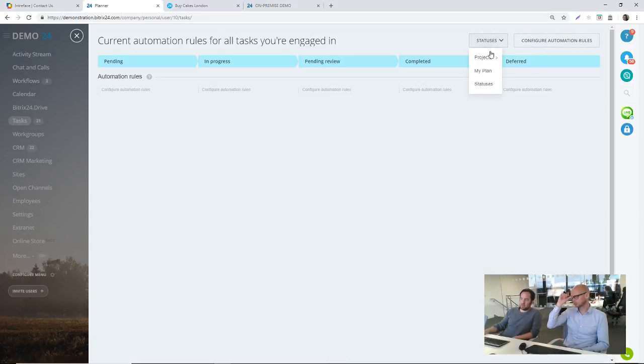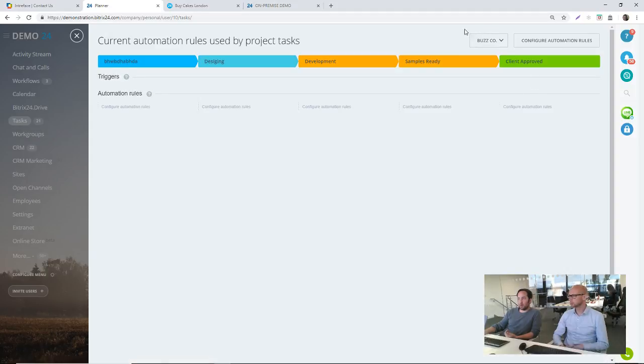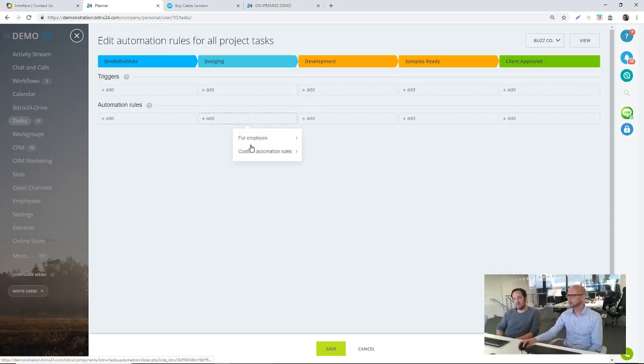And it's not only the statuses that you can do. One of the more powerful aspects is with project work groups, so for those of you that have been using Bitrix as a project management tool, let's just say, for example, we go into one of our project work groups. We have a set number of stages that are unique to this particular project, and we can have automation rules based on this particular project. So when we move a particular task into the next stage of the project, we can have something actioned on this. It is brand new, and I recommend testing it out